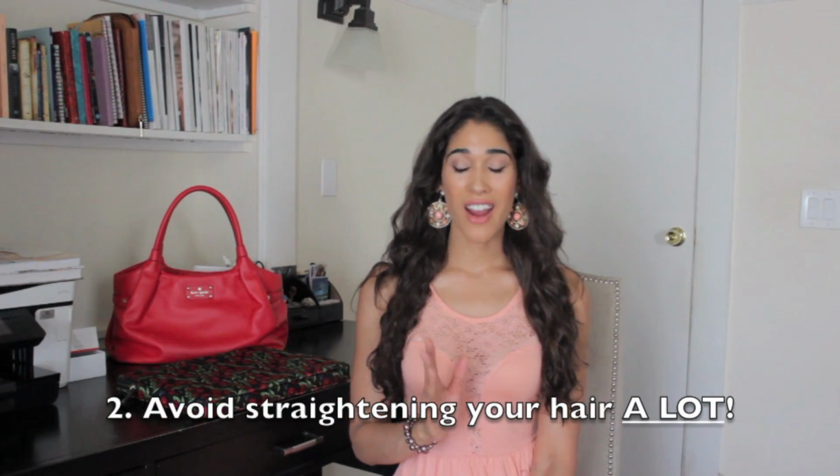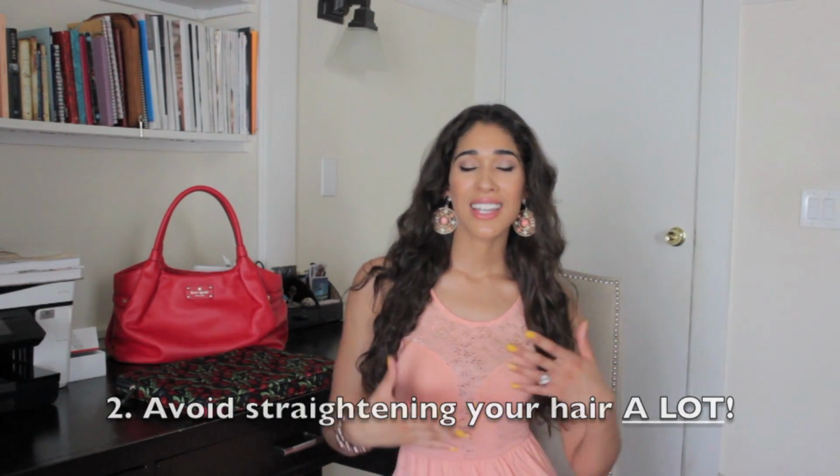Tip number 2 would be to avoid straightening your hair. Now that we're in summer, we tend to see a lot more beach waves and tousled curls, especially if your hair is wavy and curly. Maybe you don't feel like straightening it and dealing with the heat because it's just so hot. That's the best thing you can do for your hair anyway, because what happens is when you straighten your hair,